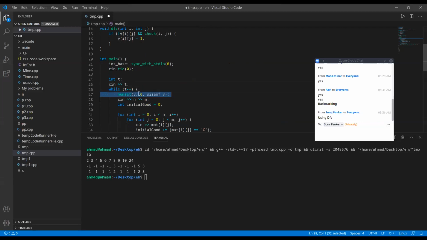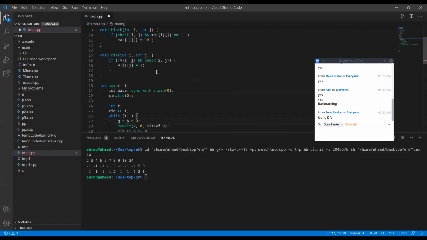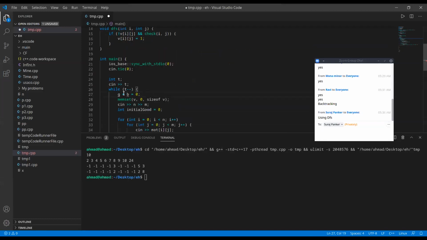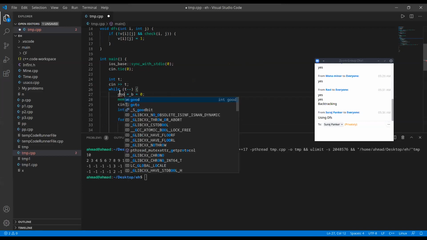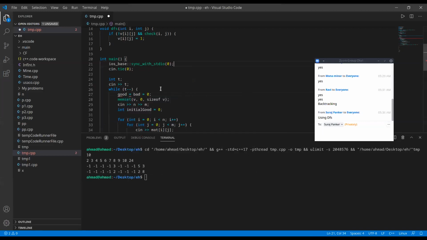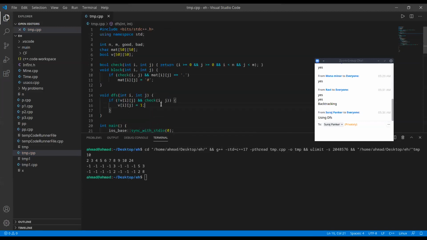But with initializing this visited array to 0, I want to initialize g equal b equals to 0. Okay, these are the global values, actually, good, bad. Initialize good equal bad equals to 0. Okay, so here I'll make good plus equal mat j equals g. So if it's good, I'll add to good, and bad plus equals mat ij